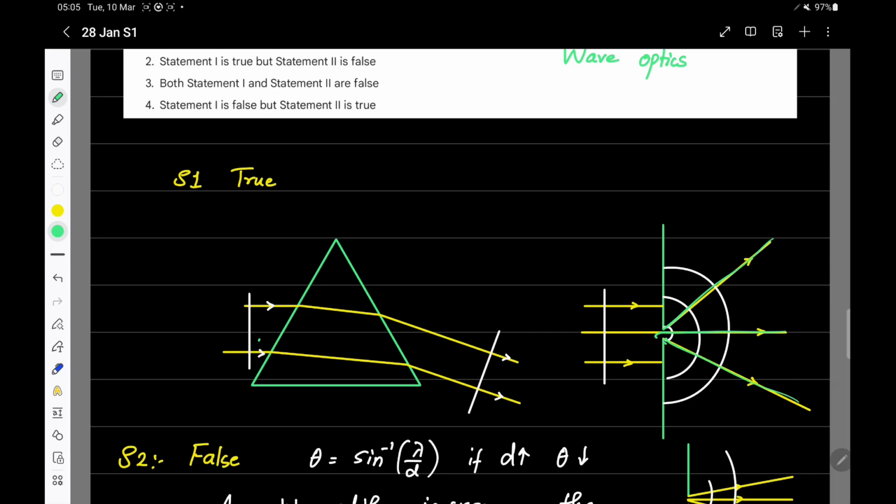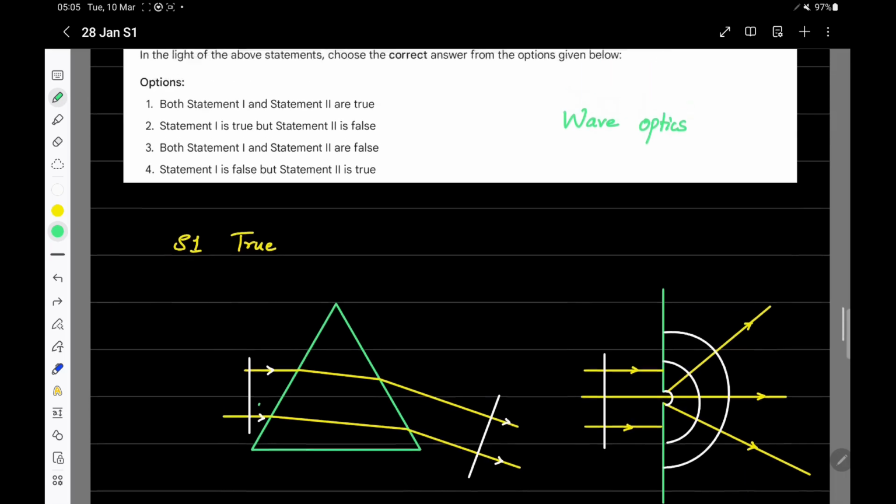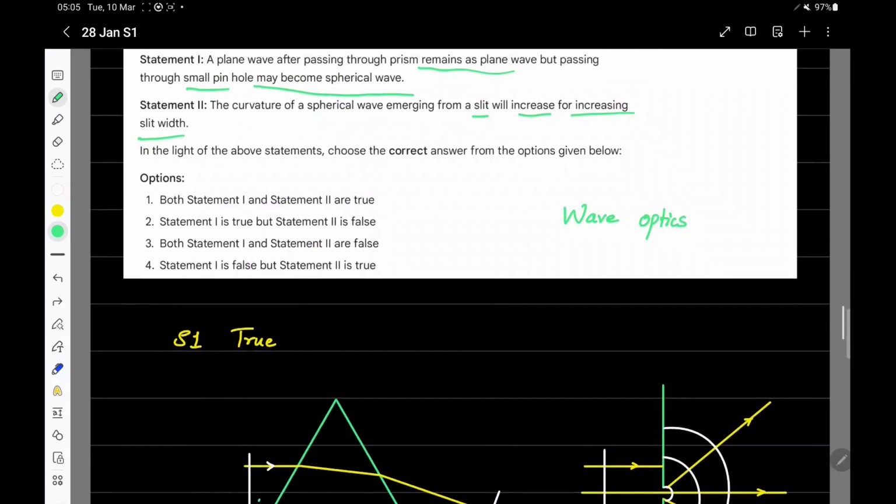It will cause flaring out of light, and light flares out from a source, causing the formation of secondary spherical wavefront, right? So now this point behaves like a point source of light, and a point source of light generates spherical wavefront. However, statement 2, which says that the curvature of the spherical wave increases on increasing the slit width,